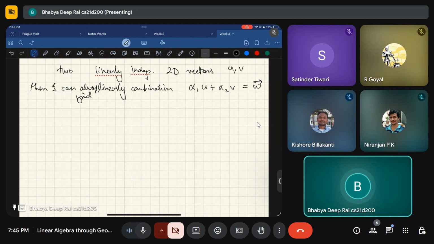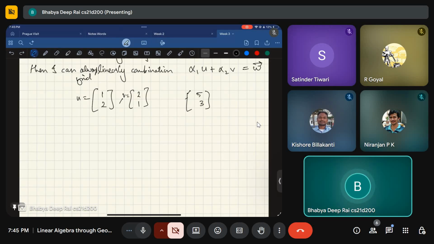And this is actually a very interesting thing. So this means that if I have linearly independent vectors, let's say this is 2, 1, so this is u, this is v, name any point, you can write that point as a combination of them. Why can I do that? Because you can connect it with the previous lectures: this is somewhat like a system of equations. For example, alpha 1 times 1, 2 plus alpha 2 times 2, 1 is equal to 5, 3. That is what you are actually doing, right?